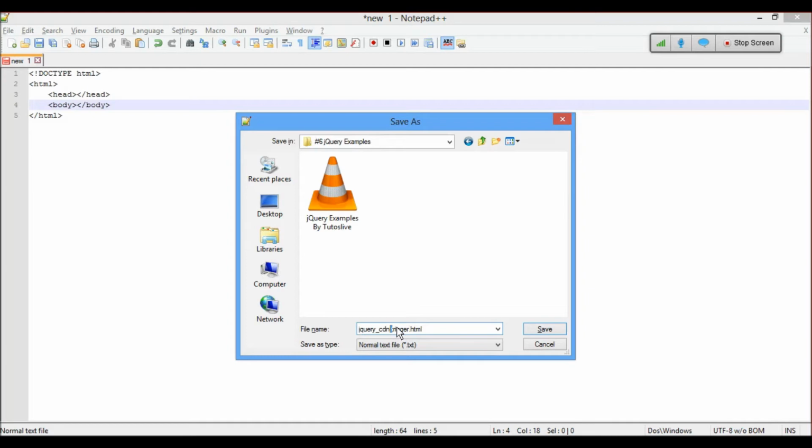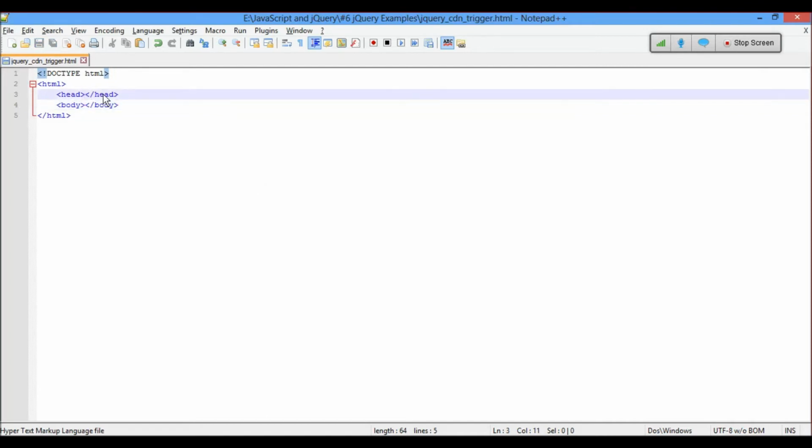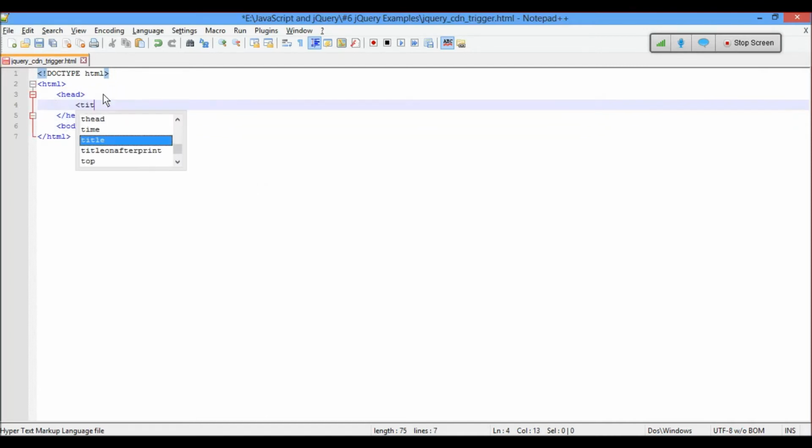So this example will talk about trigger, and this example will also talk about CDN. Okay, we saved it. Now let's give a small title to this: jQuery CDN and trigger.